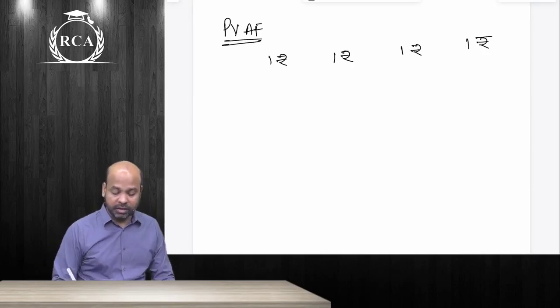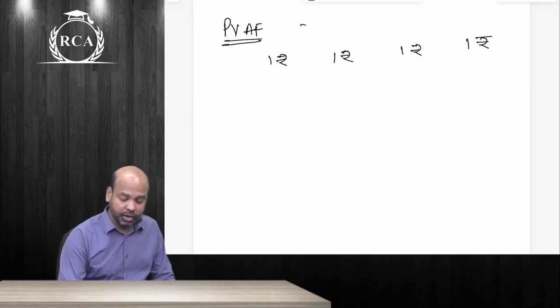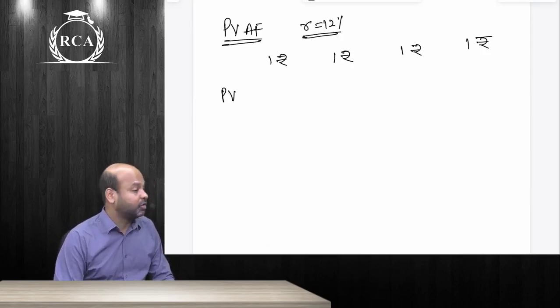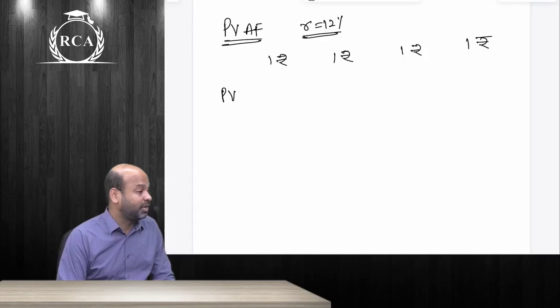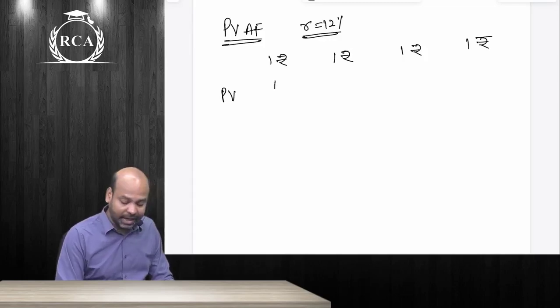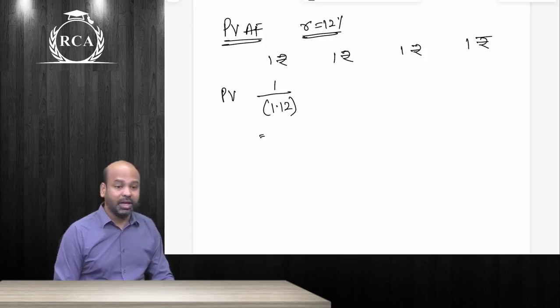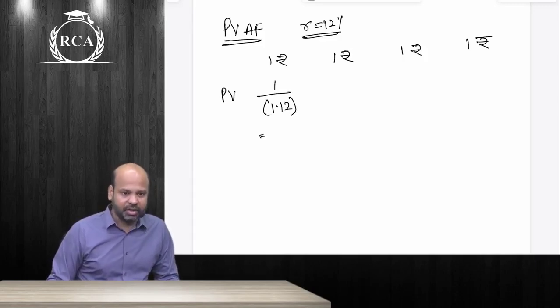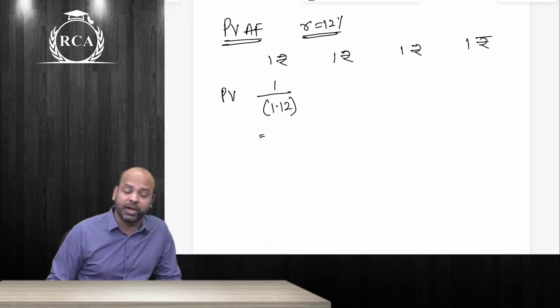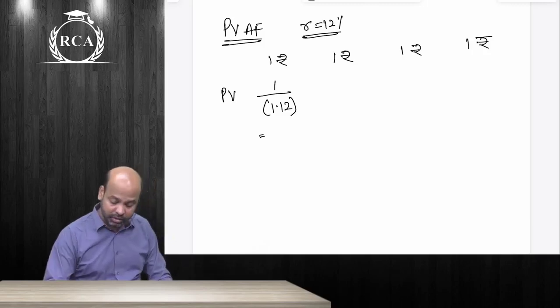If you were to receive 1 rupee every year for the next 4 years and the rate of interest is 12%, what will be the present value, guys, of the first 1 rupee that you're going to receive at the end of first year? Can I write that as 1 divided by 1.12? I'm receiving 1 rupee at the end of first year, beta. The present value of that will become 1 divided by 1.12. How much will it be, children?